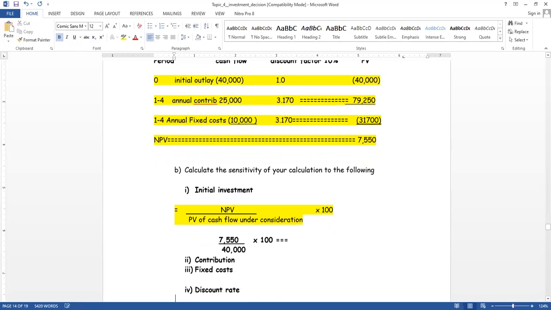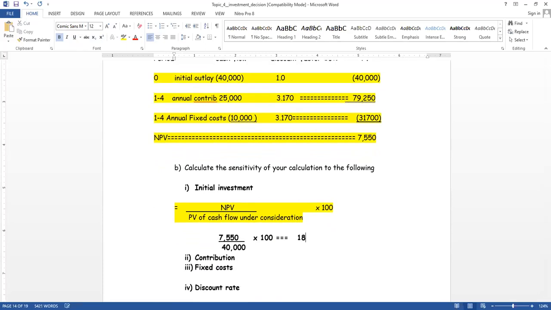What percentage? 18.9. 18.9%. So what does it imply? The implication is that if the initial investment,